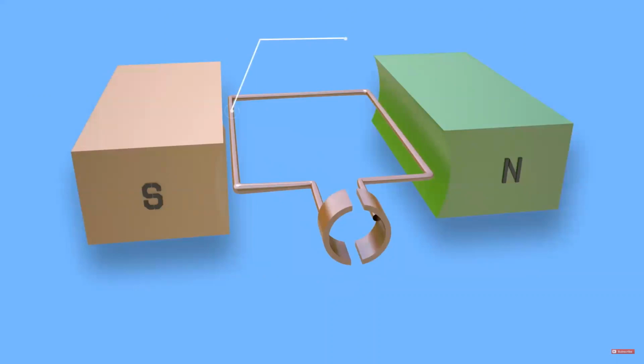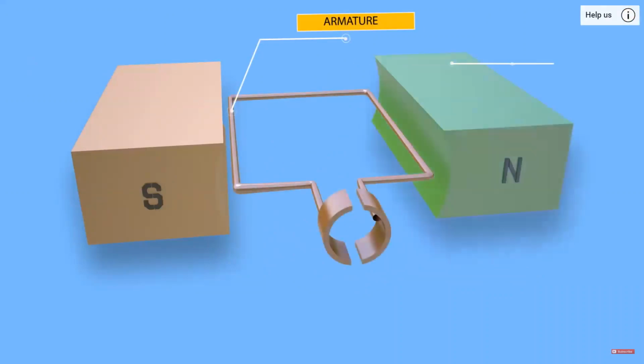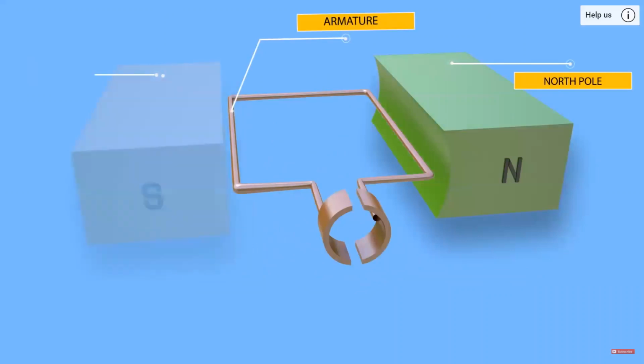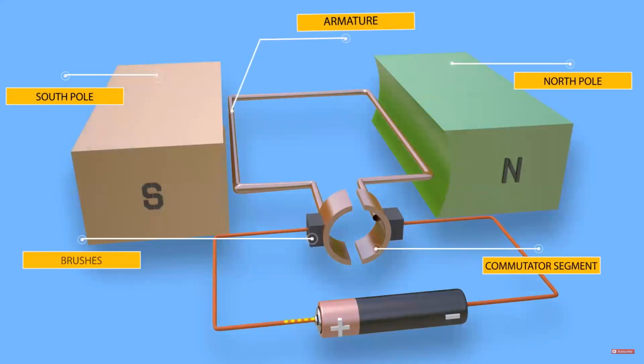The very basic construction of a DC motor contains a current-carrying armature, which is connected to the supply through commutator segments and brushes. The armature is placed between the north and south pole of a permanent magnet or an electromagnet. In the elementary model, one single turn of conductor is placed between two opposite poles. If we start to supply DC via the commutator system, current will start to flow. As we see, the positive terminal of the battery is connected to the left conductor of the turn, and the negative terminal is connected to the right conductor of the turn.